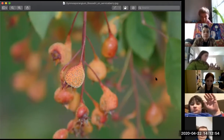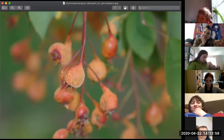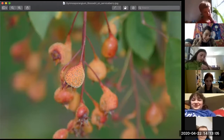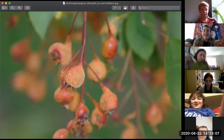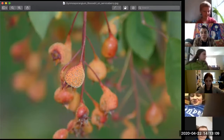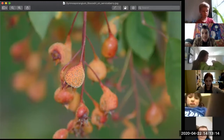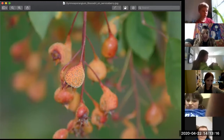Elijah? I think it looks like little freckles. Sure. Yeah, this one does look a little bit like freckles. Or like pimples or something. Yeah, it's definitely like there's something very wrong with this fruit, right? You wouldn't want to eat it, right? It's really kind of weird looking. So this